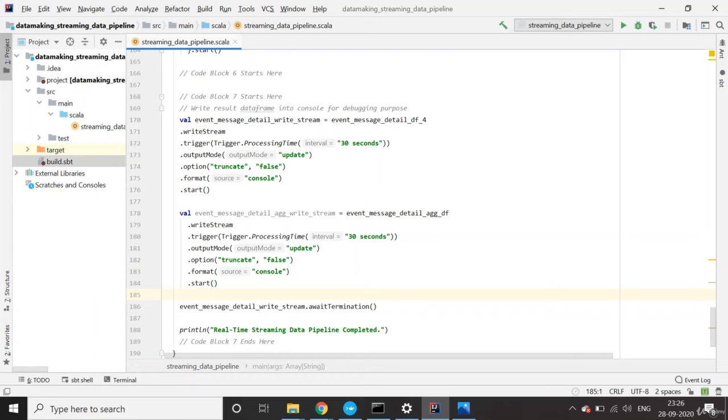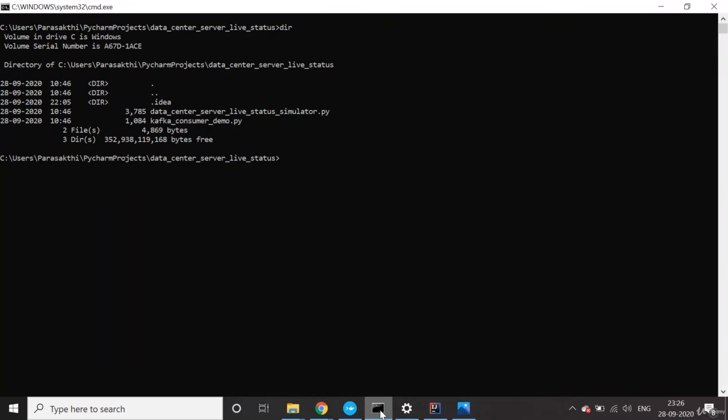Hold it for a second. So I'm going to run this program, and before that, sorry, I will publish some data. So this is our simulator Python data. Let me run this.